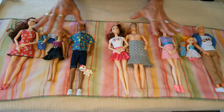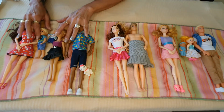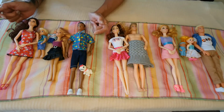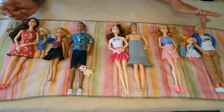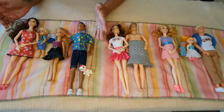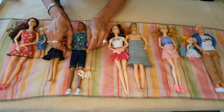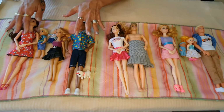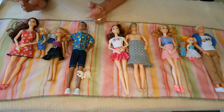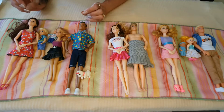So the reason why all my dolls are packed out here today is because my family is going to change. Previously this was actually the mom and dad, but I changed them because I wanted a dark-haired family. And I wanted articulated dolls as well. So yeah, some of them are Chippy dolls because you won't believe how expensive Barbie dolls are here